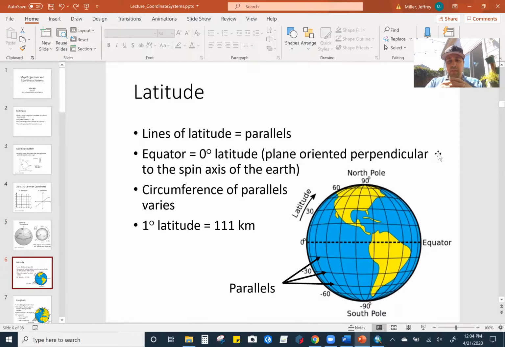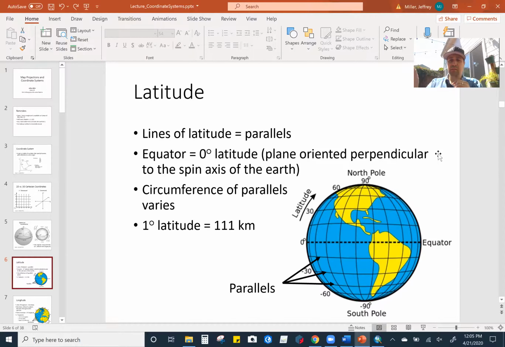So longitude and latitude first, also known as parallels. The reason we call them parallels is because they never actually cross each other. They just kind of go in the same direction, okay? They don't actually meet each other at all at any point. So the equator is 0 degrees latitude,